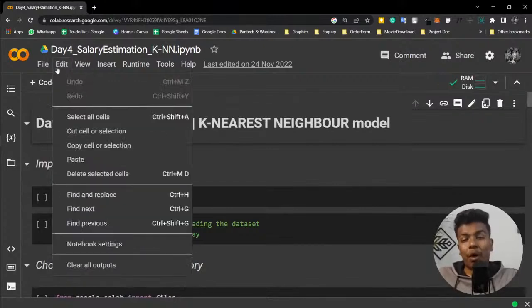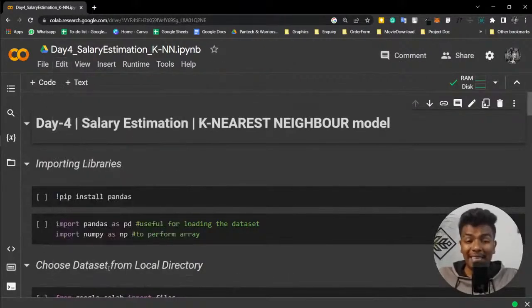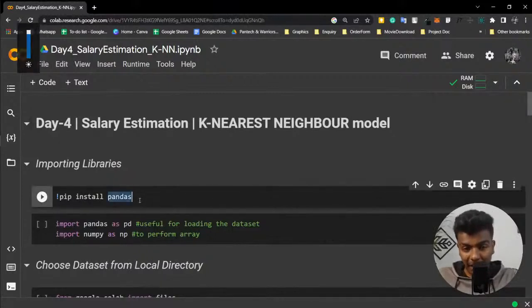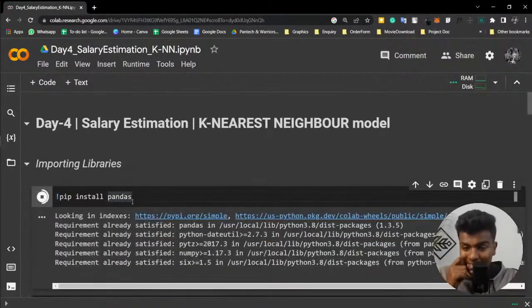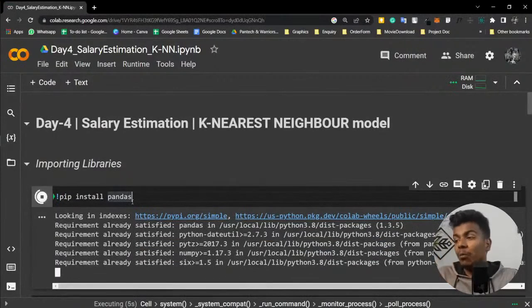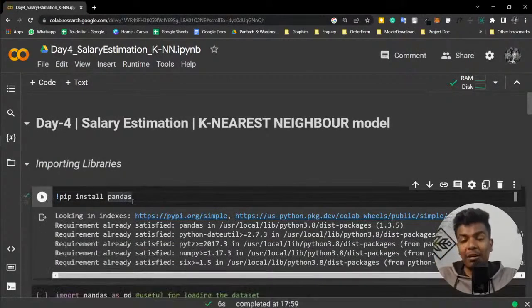But if you are facing some problem, like if some library is not already installed, you can use the command pip space install space and the library name. But while installing in Google Colab, don't forget to put an exclamation mark as a prefix for the command. So: exclamation mark pip install pandas, and that library will be installed. This is one kind of bonus which you really wanted to know. With the help of this command, you can install a library.